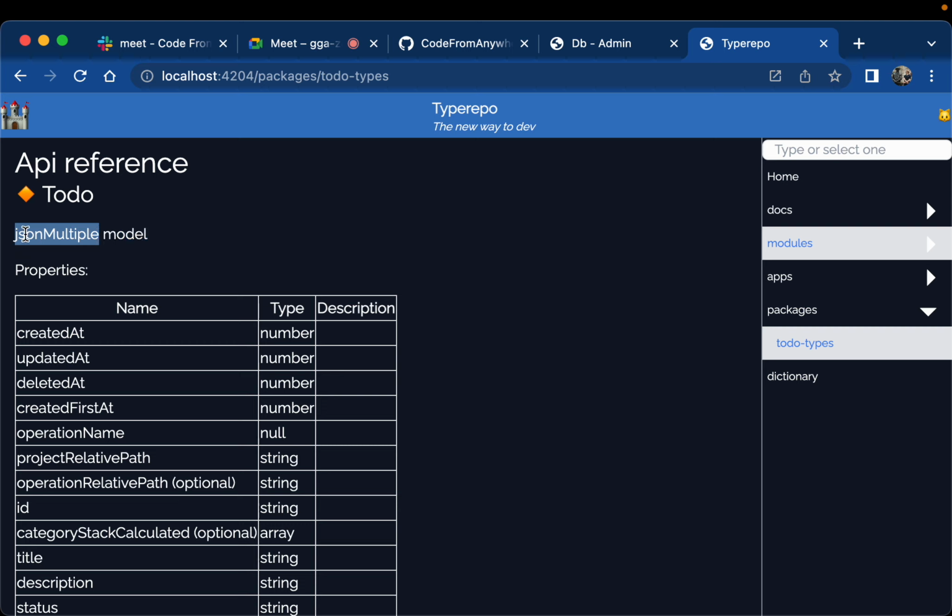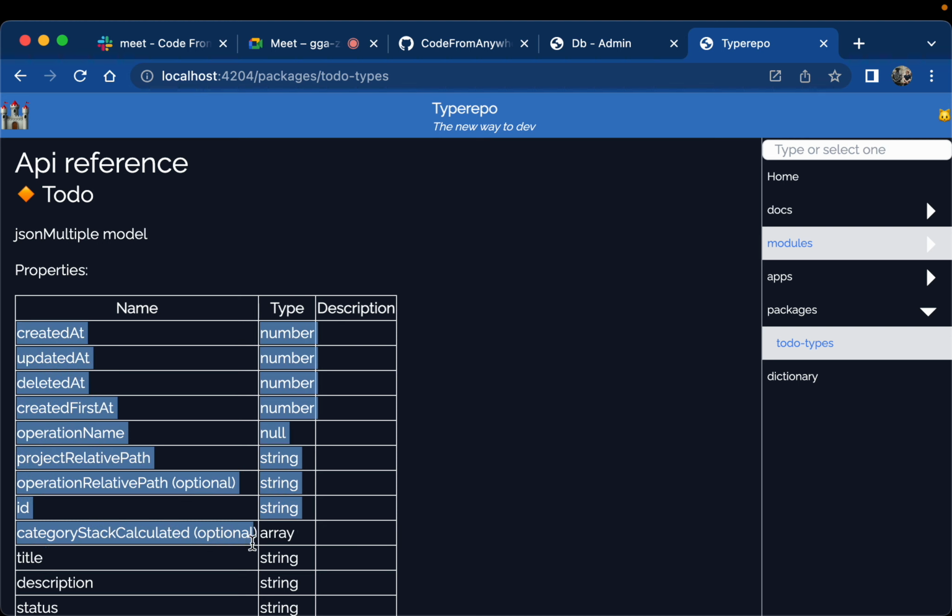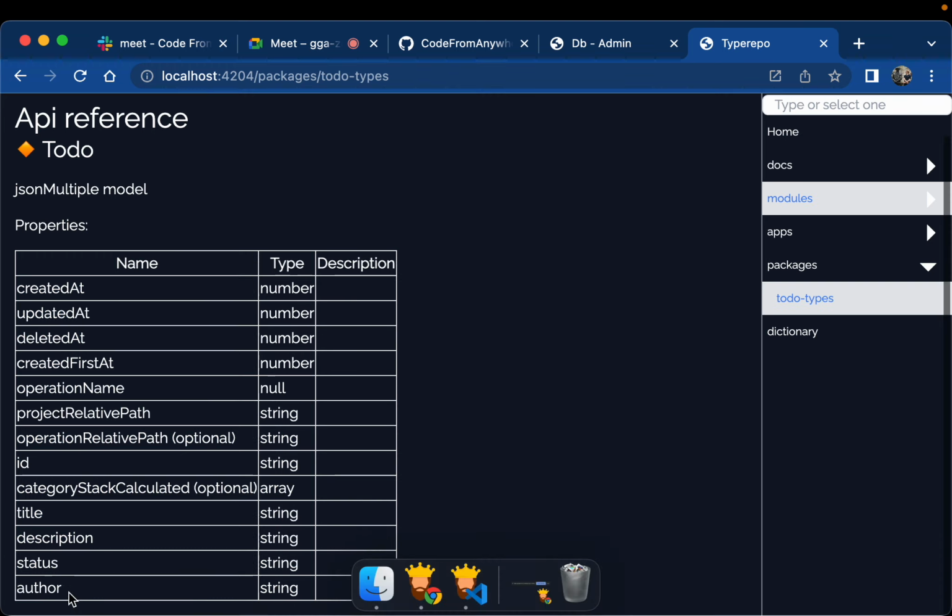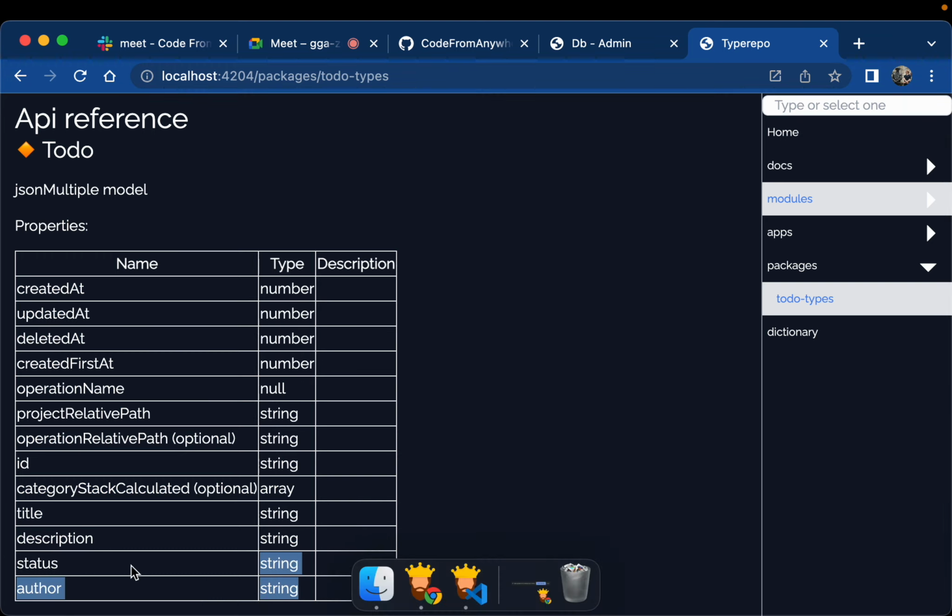So it's saved as a JSON multiple in the database. You can read more about that in typebase.org. Here you can see what the possible values should be of this model. And that seems to be correct, although maybe not perfect, because status should be an enum, but it's still work in progress, obviously. Anyway,